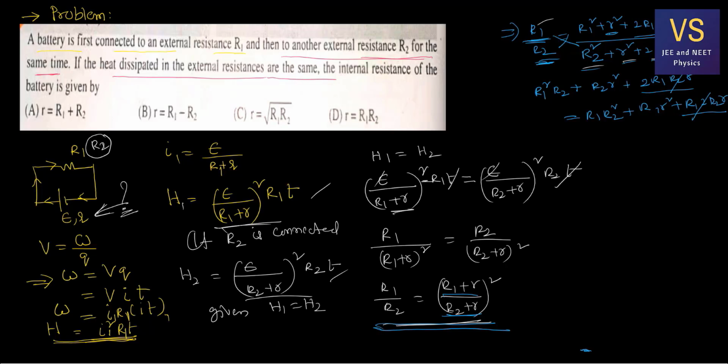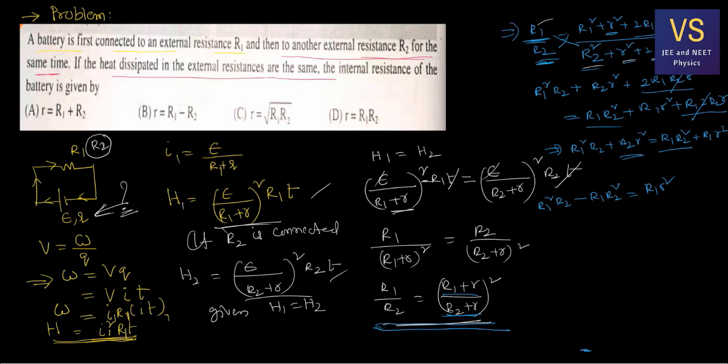So what's remaining is this. R1 square R2 plus R2 small r square equal to R1 R2 square plus R1 R square. Let's rearrange the terms. Get this term to the other side. What happens then? R1 square R2 minus R1 R2 square equal to R1 small r square